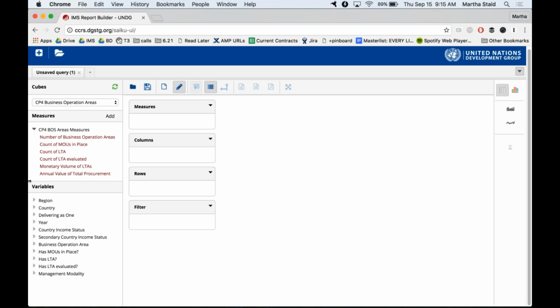So the first thing that you want to remember when you are beginning to build any report, and I cannot emphasize this enough, is that the system contains by default data from every year. So currently that is the 2015 and 2016 reporting cycles. Over time that will of course grow. We will cover in a few minutes how to filter that so that you are only getting the current year if that's what you're interested in.